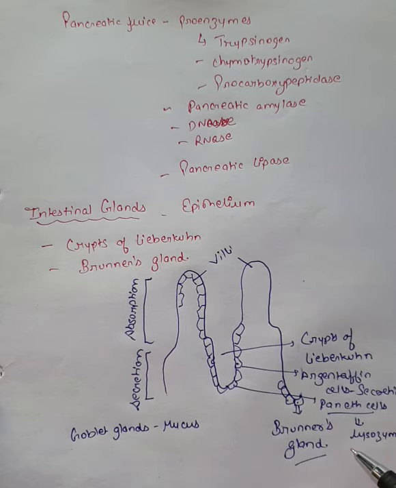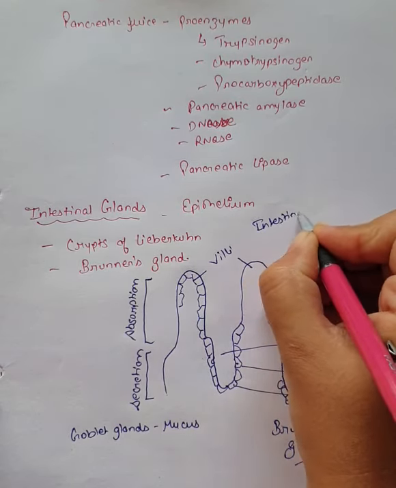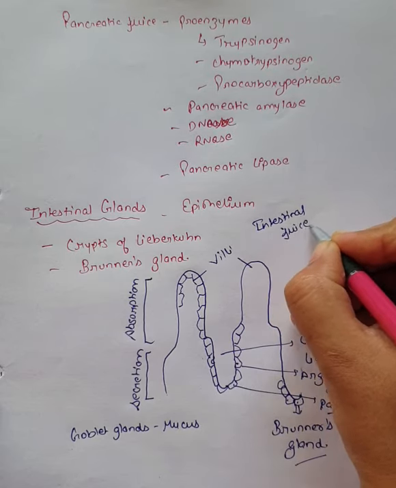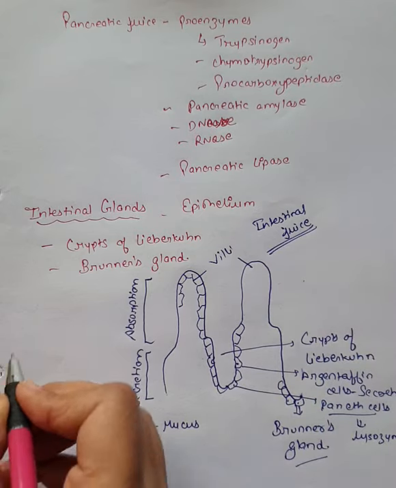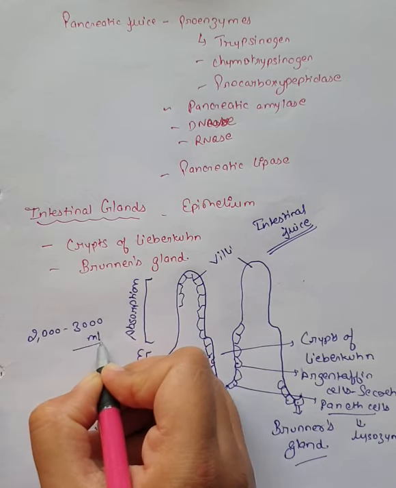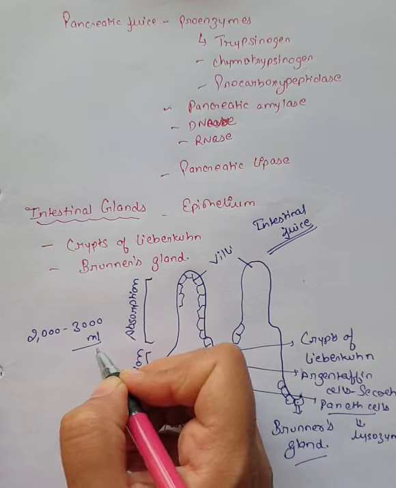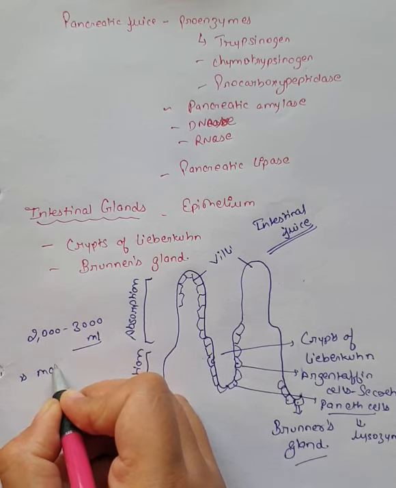The Brunner's glands are also responsible for the secretion of enzymes and mucus, which will be part of intestinal juice. So intestinal glands are going to secrete lots of enzymes and mucus, which combined are known as intestinal juice. So all these structures form part of intestinal juice. Now almost 2000 to 3000 ml of intestinal juice is released every day, and it contains various enzymes like maltase,